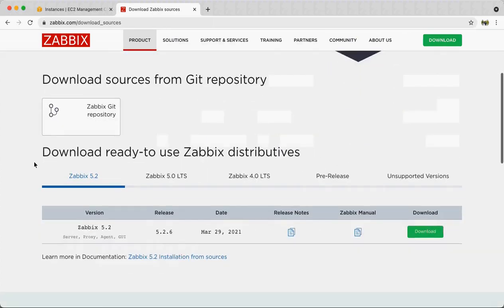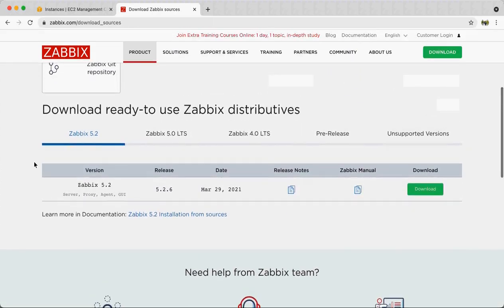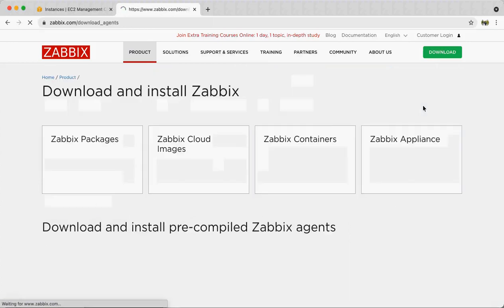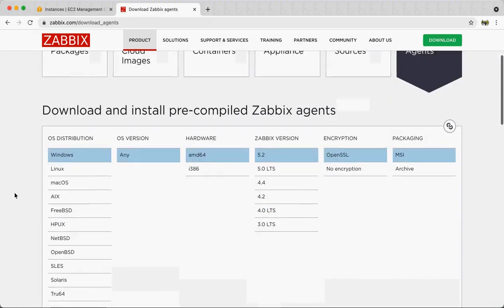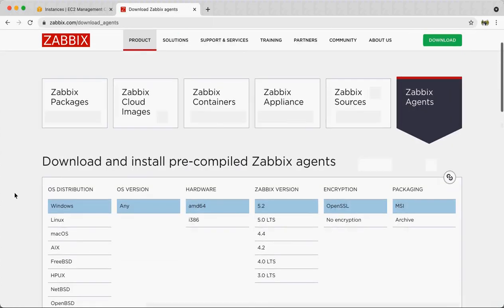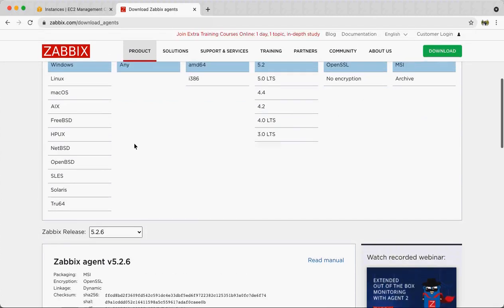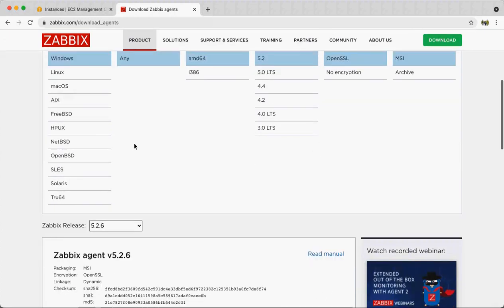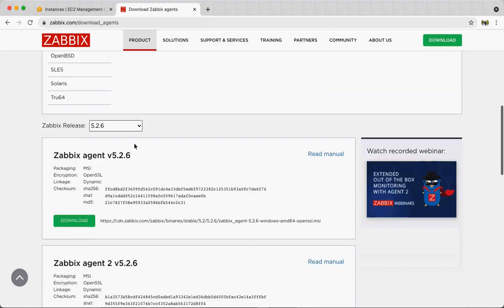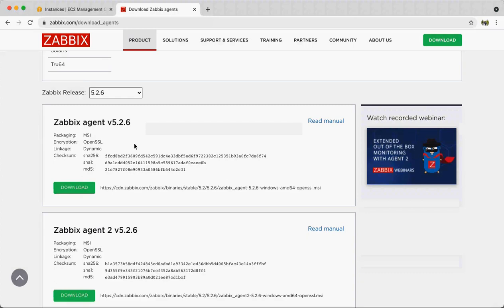Then you also have the Zabbix source if you want to just download the code and compile it yourself. And you have different agents also, based upon what kind of environment or OS you are using, what type of hardware is there, and whether you want encryption enabled or disabled. So you have this agent available for most of the commonly used operating systems.